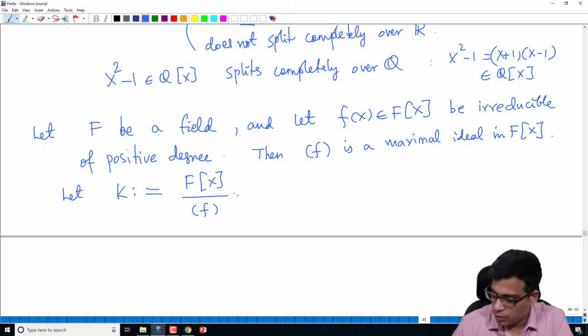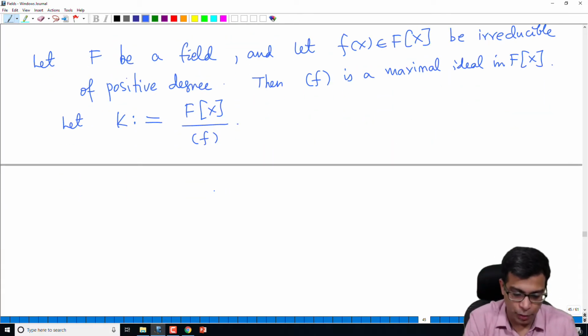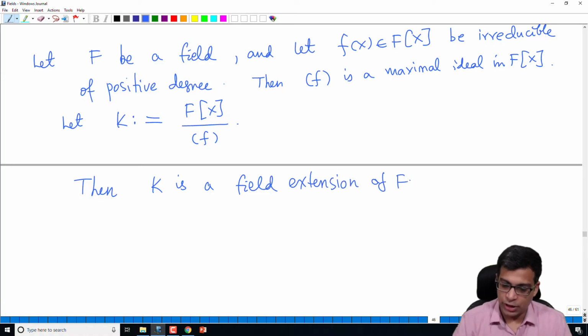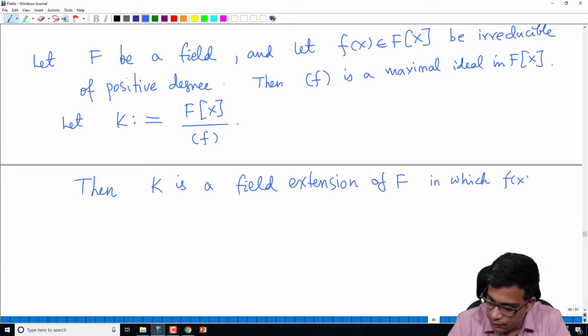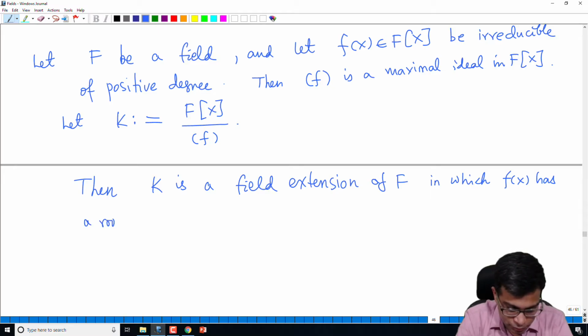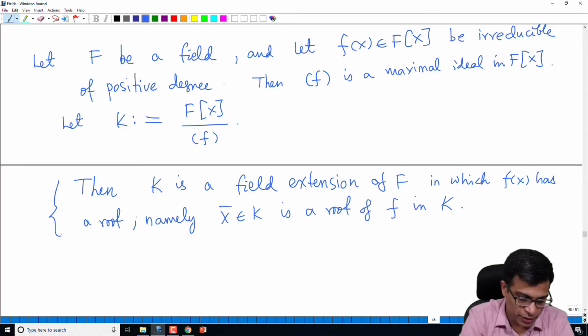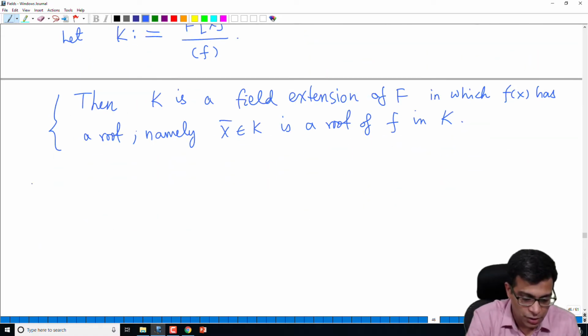Then what we want to say is that this is a very simple point, but an extremely important point: K is a field extension of F in which f(x) has a root, namely x bar. Okay, so let me explain this. What is the explanation for this? So the reason,